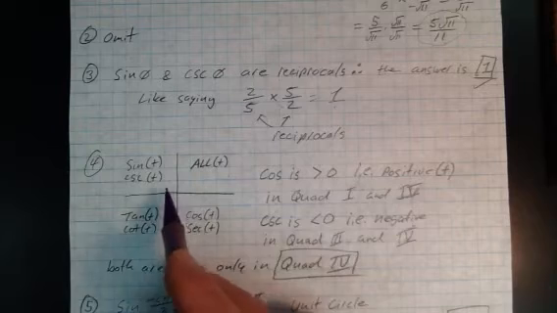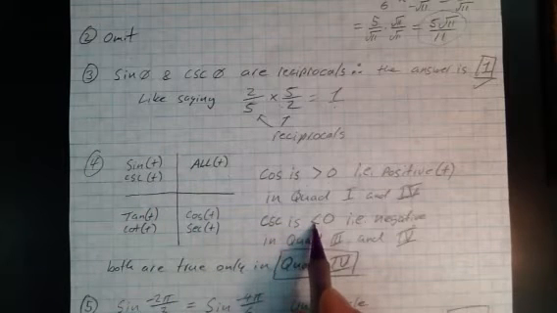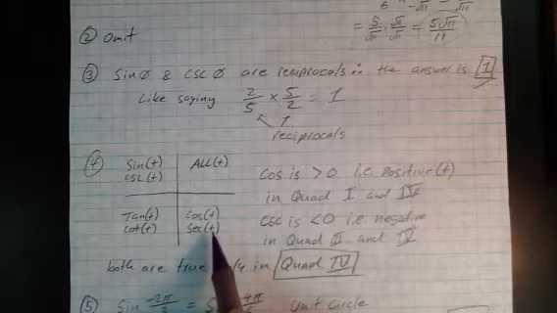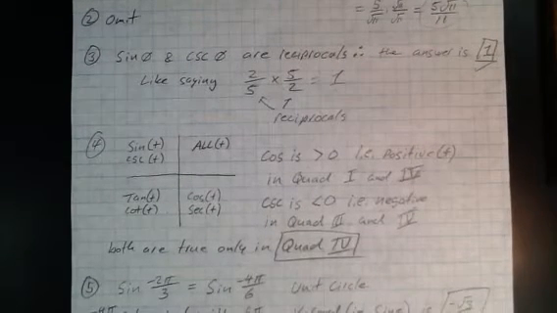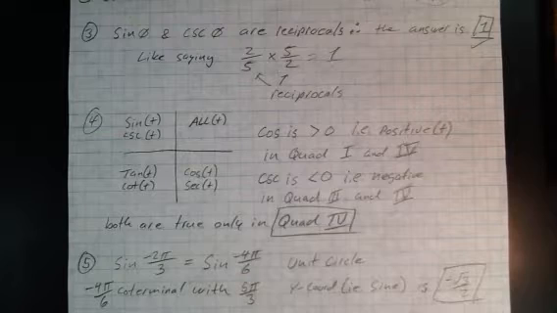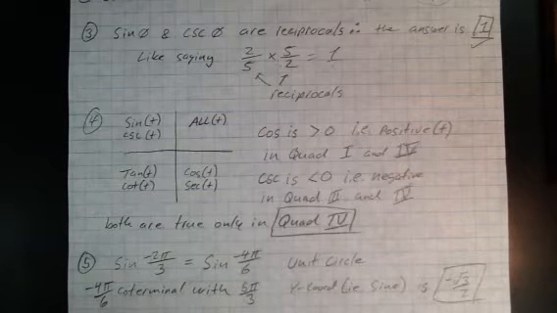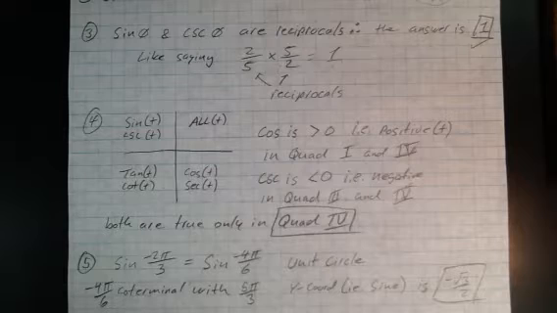Cosecant, which is the inverse of sine, is supposed to be negative. Where does that happen? Quadrant 3, quadrant 4. Where are both of these true? Only in quadrant 4. And that's my answer. Now for much of this non-calculator portion, if you are not 100% familiar with your unit circle,